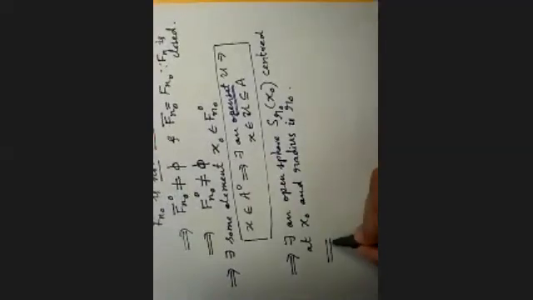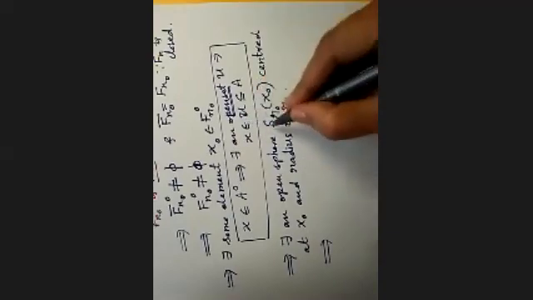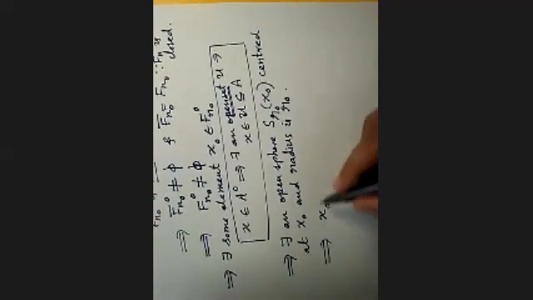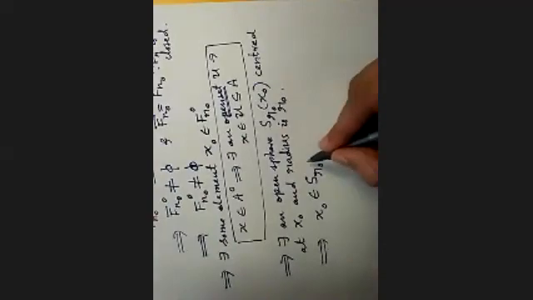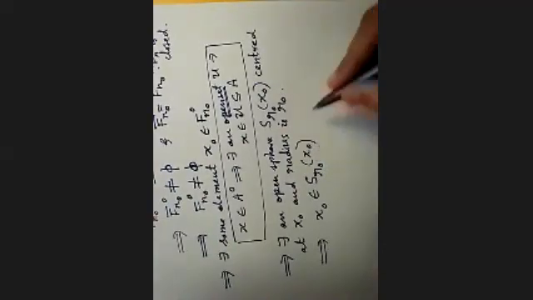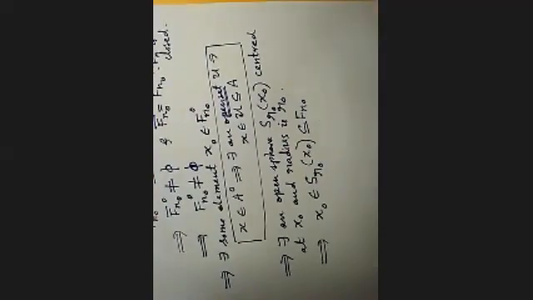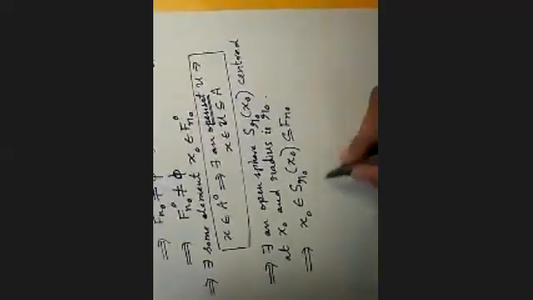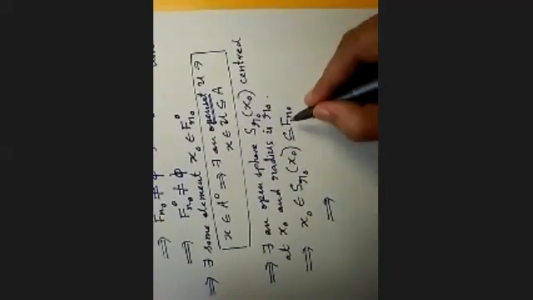Very, very easy. So now this implies what? Open sphere is in between. In the place of U, I'm going to write this. So x naught belongs to this open sphere, contained in the interior of Fn naught. And this implies, since A contained in B gives closure of A contained in closure of B,